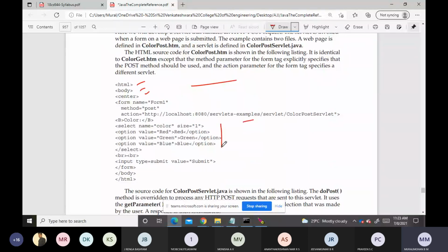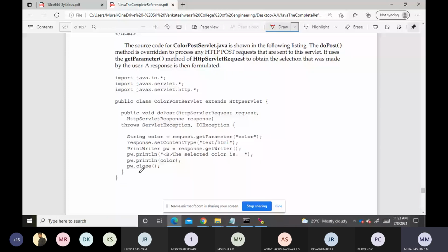So the HTML form is the same. Coming to the servlet part, here it will change. Except for that, the remaining thing is the same.